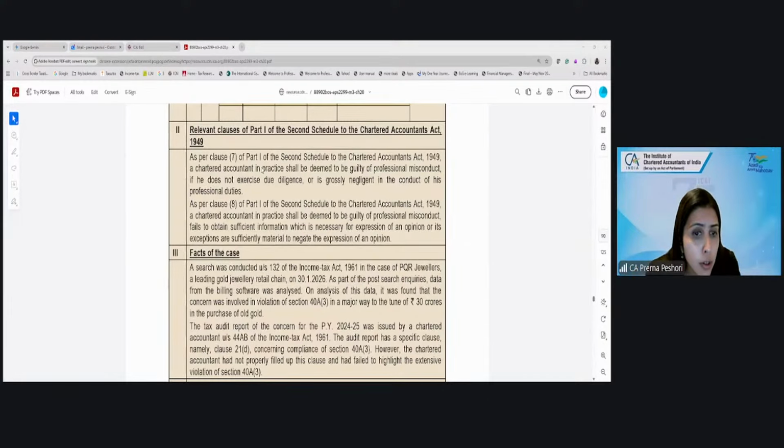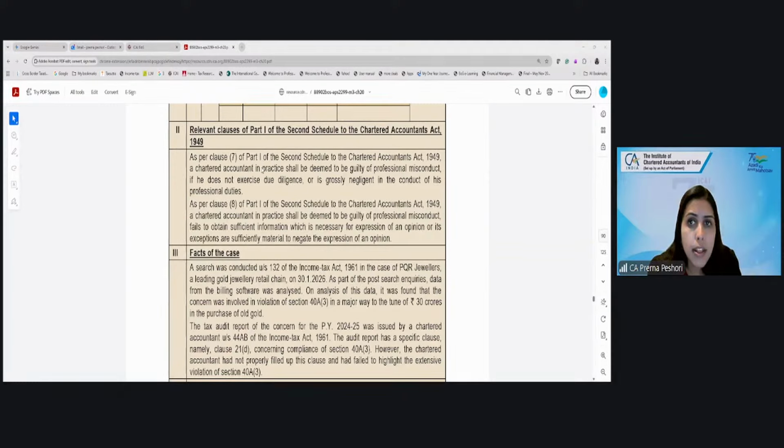So even when you are doing it, you have to maintain proper explanations. Working papers should be maintained, and decisions on which you are relying should be maintained, even if you are doing the audit sampling as per SA 530. Right? The extent of check undertaken, how you have designed the audit program need to be mentioned. Right? So all of that, your working papers will form an important part for saving you on these particular aspects. Okay?